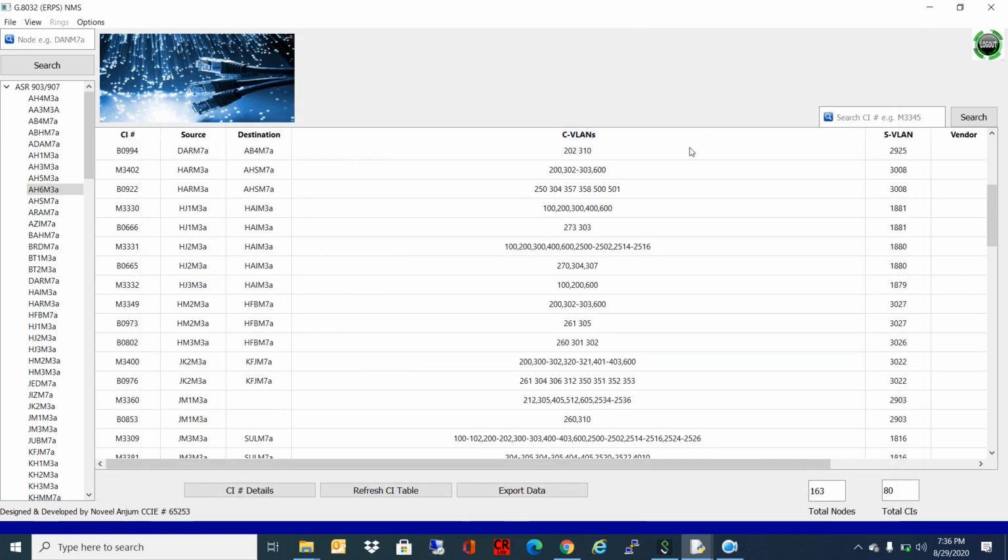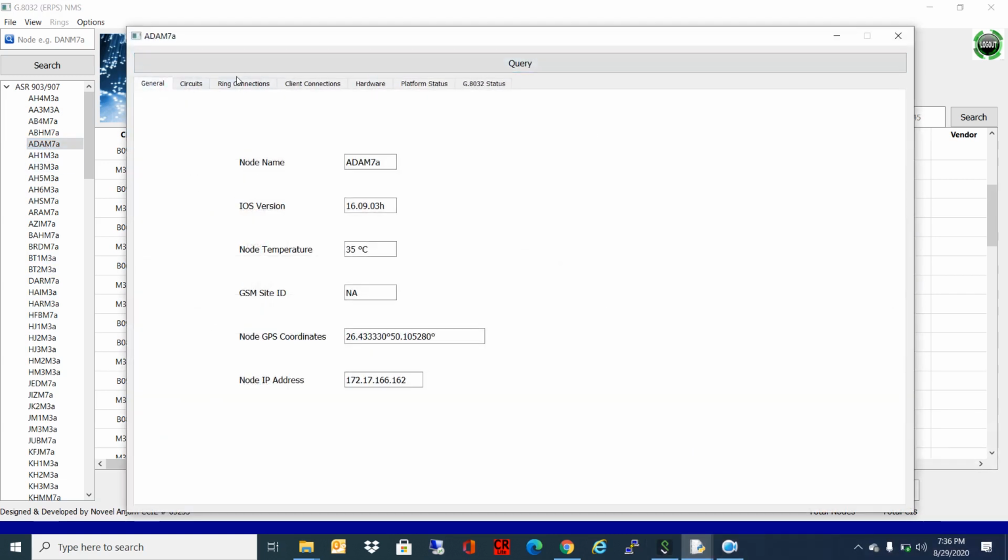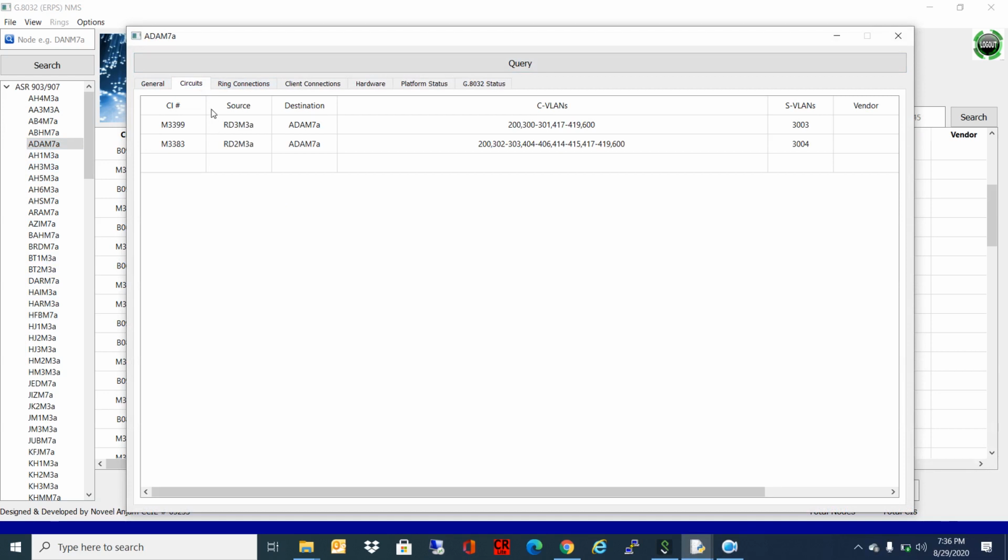One more interesting thing which I want to show here is this is the ASR ADA M7A. So here we can see these are the circuits. So we know that this is our device on which the CIs are not dropped directly to the client.